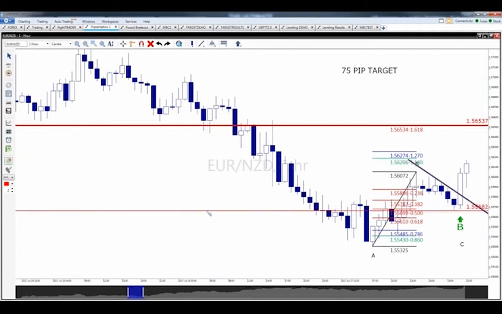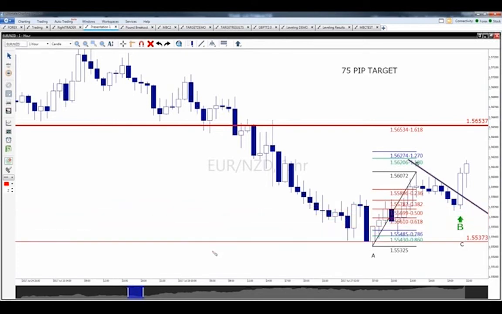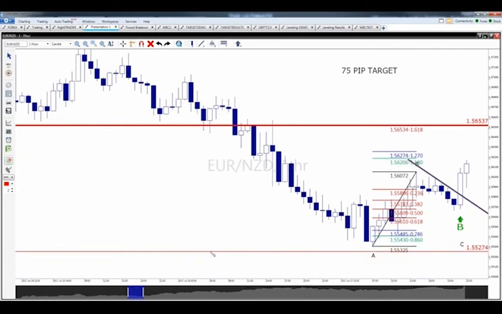So I set my stop loss in a roundabout way in this one. If I am aggressive, about 5 to 10 pips below my B entry. If I'm conservative, about 5 to 10 pips below my A. In this example, that would be about 25 pips. So that means we've just come up with 25 pips risk. Can everybody understand with a yes or Y that we have just set up a 3-to-1 risk ratio where we are willing to risk 25 pips to make 75 pips.